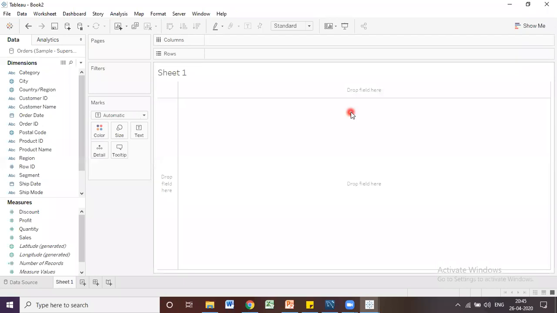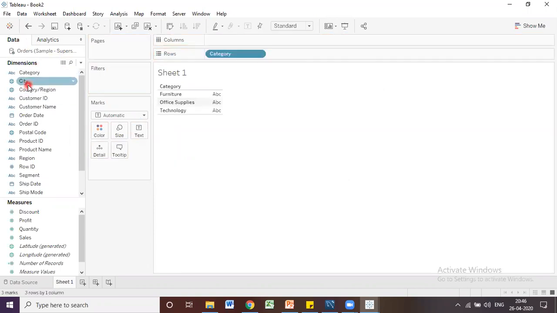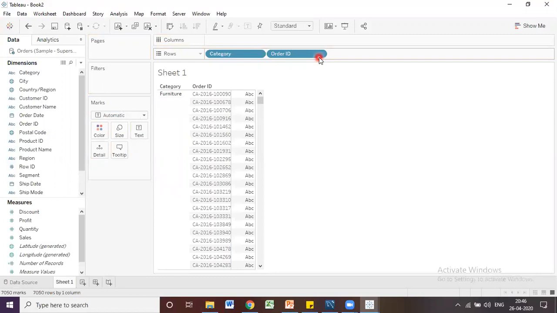Here, TWB is a workbook file. Whenever you are saving any workbook, it will allow you to save as a TWB or TWBX file. So we are going to see the difference between both. Now I am going to save this file. For example, I have created a report. As we have discussed with TDS and TDSX files, there are similarities for these two also. Now let me save this file.